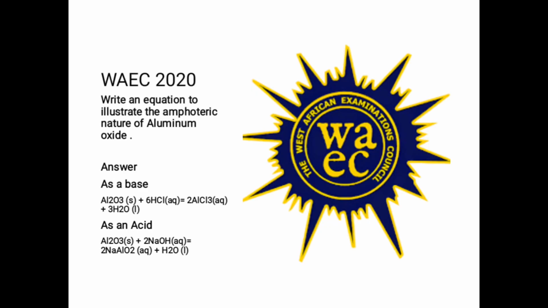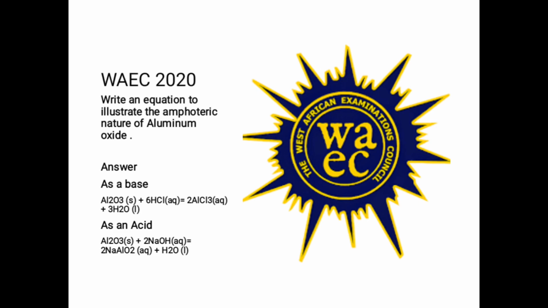Okay, let's look at WAEC 2020. The question says you should write an equation to illustrate the amphoteric nature of aluminum oxide. Like we have said, aluminum oxide is amphoteric. It can react as an acid and as a base. That means that as a base,